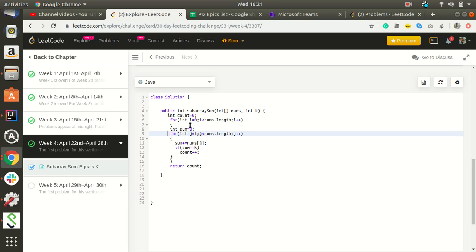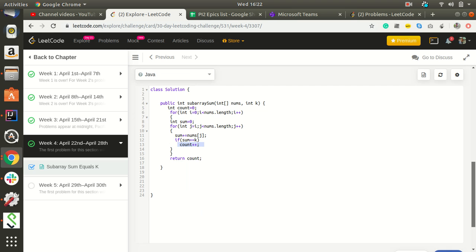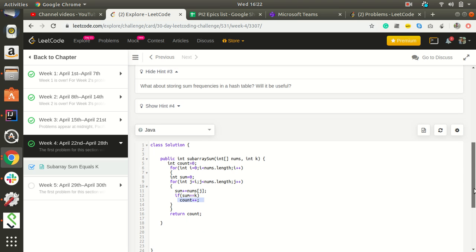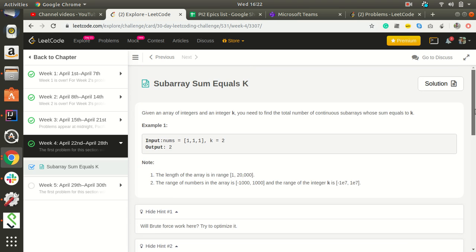From the zeroth location it starts, it checks whether sum plus this value nums of j equals k. If it does, the count gets incremented. Again and again it does this, and it returns the count, which is the number of subarrays.